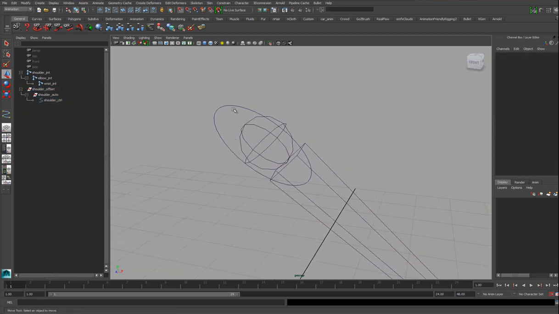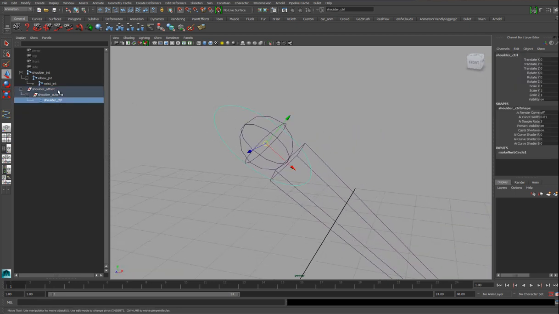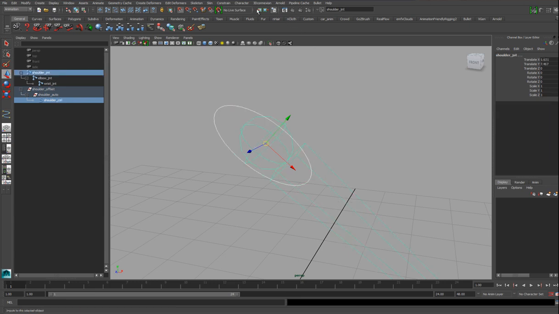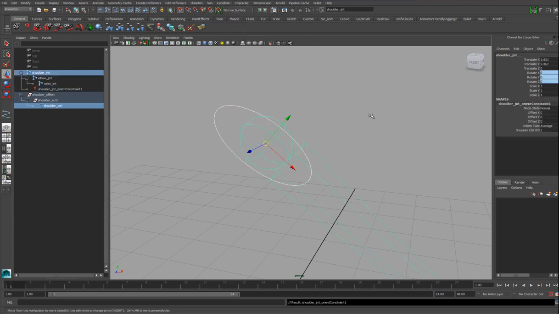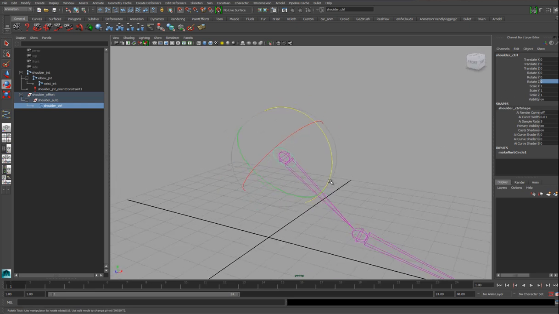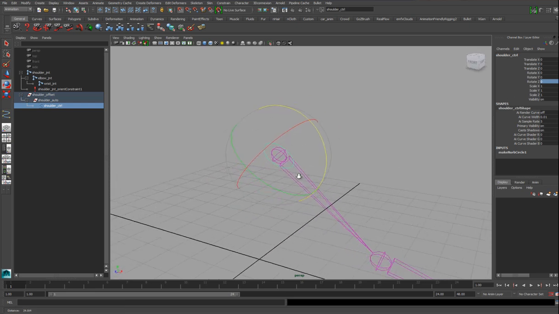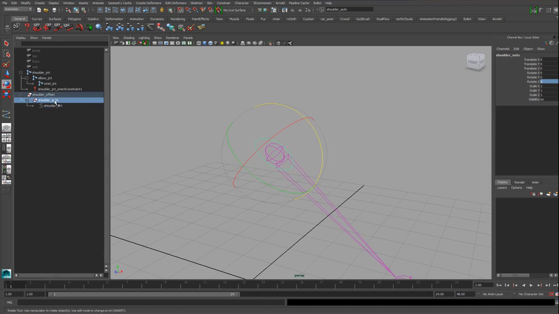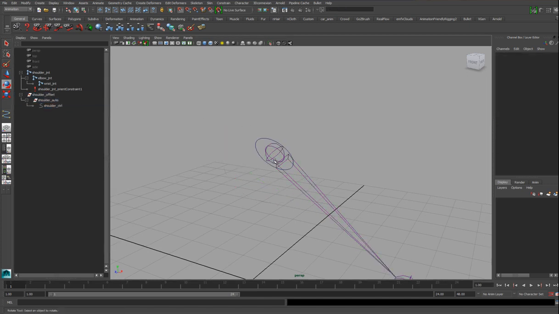And now if I create a constraint between the control and the joint, constrain orient, this will now take the joint, I can zero it out, and I'm back to that pose, okay, so the starting default pose. Again, this one here is going to allow for automated attributes, so if